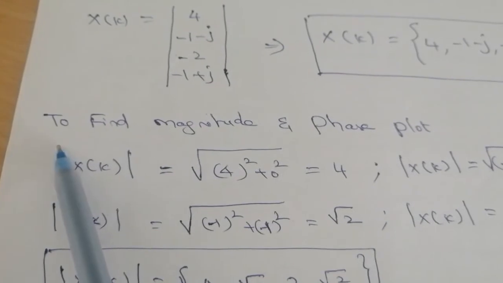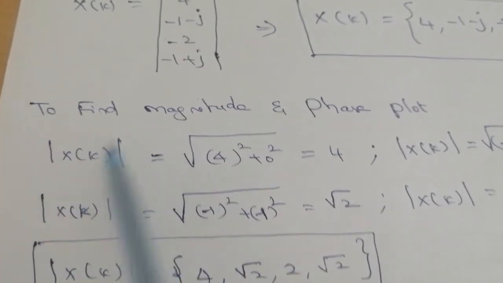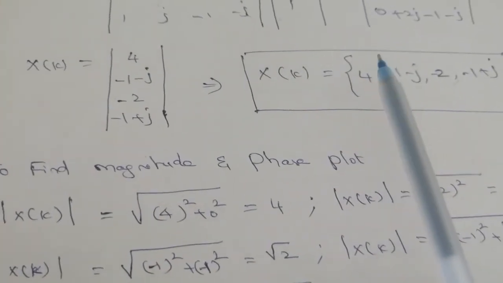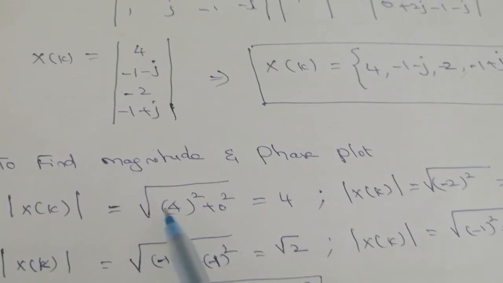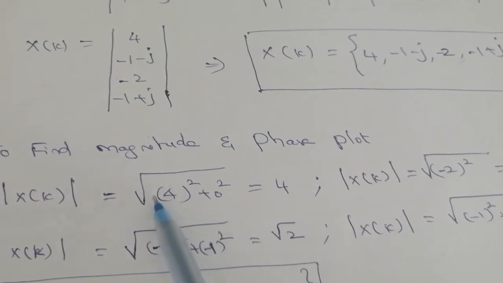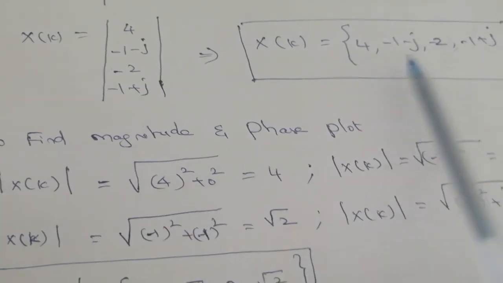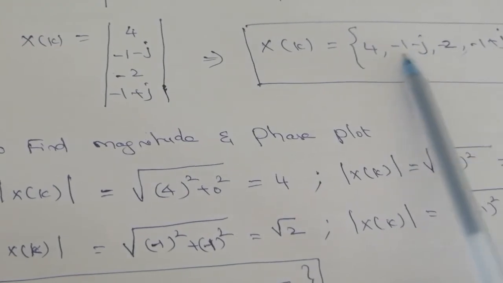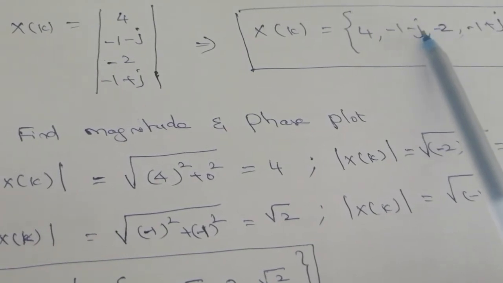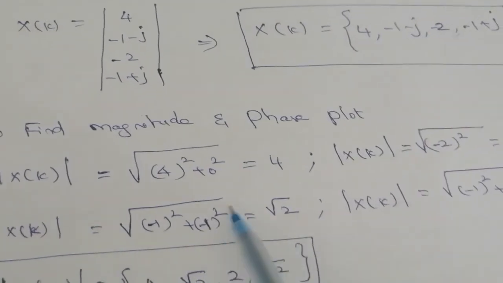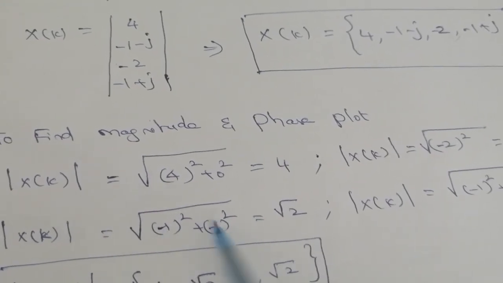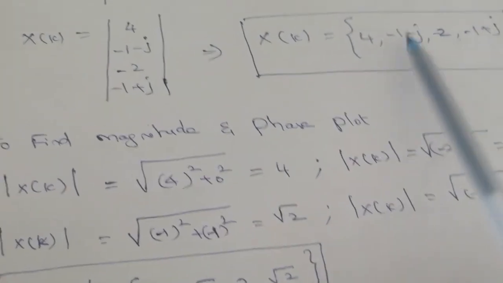So the magnitude is represented with the help of this format, right? So first value is 4. Here no imaginary term. So by taking the magnitude, you just take that value with a square, right? 4 square. Here no imaginary, so 0 square. Then 4 square means 16. So square root of 16 becomes 4. Then the second one is minus 1 minus j. So applying magnitude of this, we'll get minus 1 square plus, the amplitude of j is 1, right? So minus 1 the whole square. So minus 1 square becomes plus 1, minus 1 square becomes plus 1. 1 plus 1, 2. So root 2 is the answer of this one.